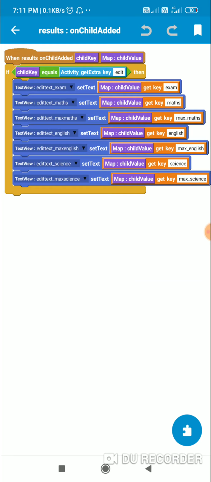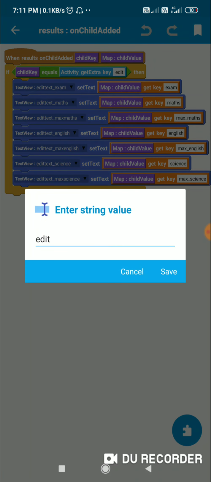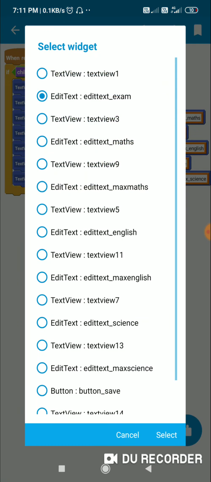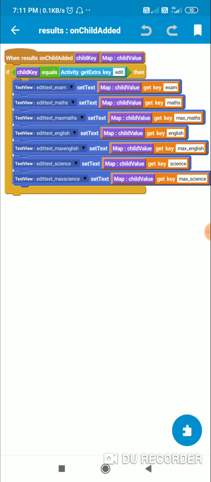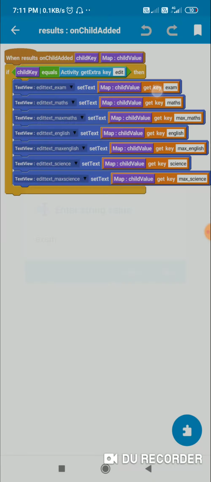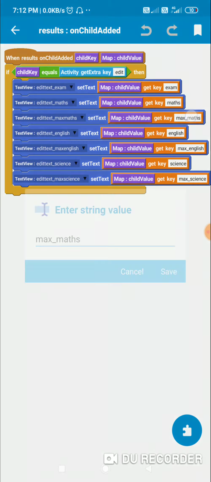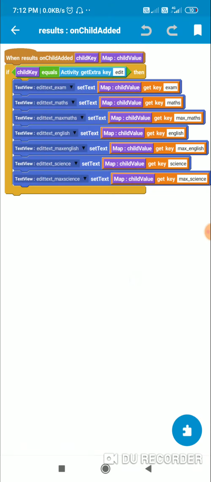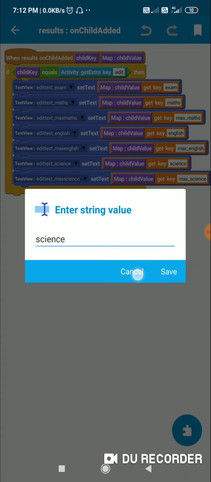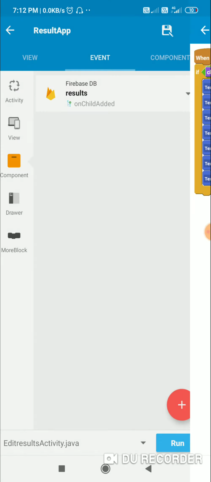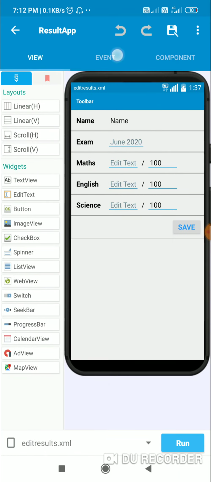So here if the child key equals that exam, if child key equals activity get extra key edit, then I set the text of all these edit text to the keys retrieved from this child value. The key exam, maths, max maths, English, max English, science and max science, all these are displayed in all the edit text which are here.